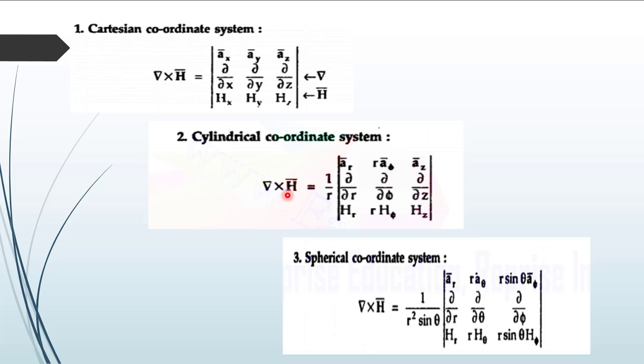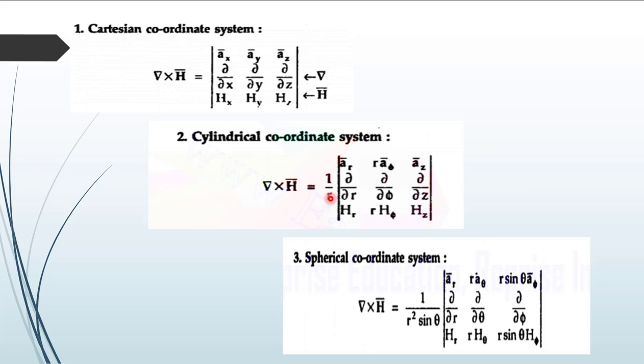The same equation we can write in a determinant form. For the Cartesian coordinate system, del cross H is given by the determinant with rows Ax, Ay, Az; ∂/∂x, ∂/∂y, and ∂/∂z. So these ∂/∂y operations are del operations, and here we have to write the Hx, Hy, and Hz components. In the case of the cylindrical coordinate system, we can write del cross H is equal to 1